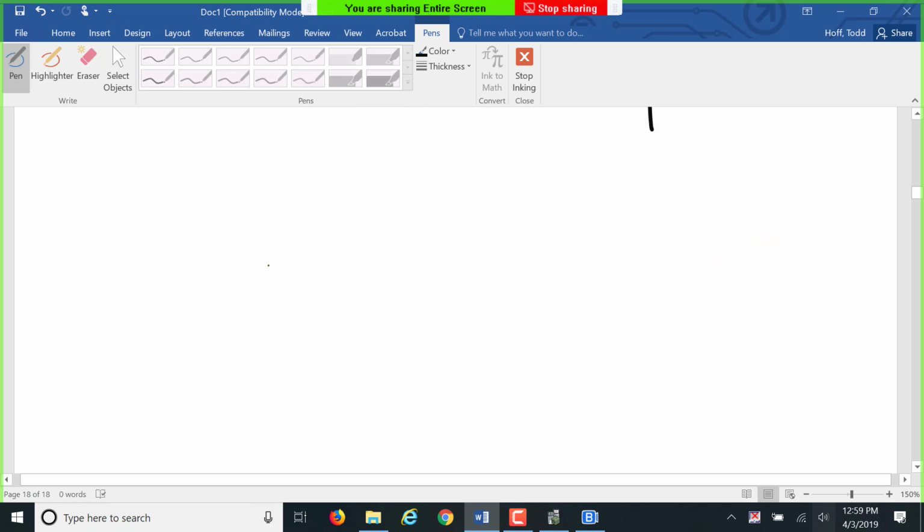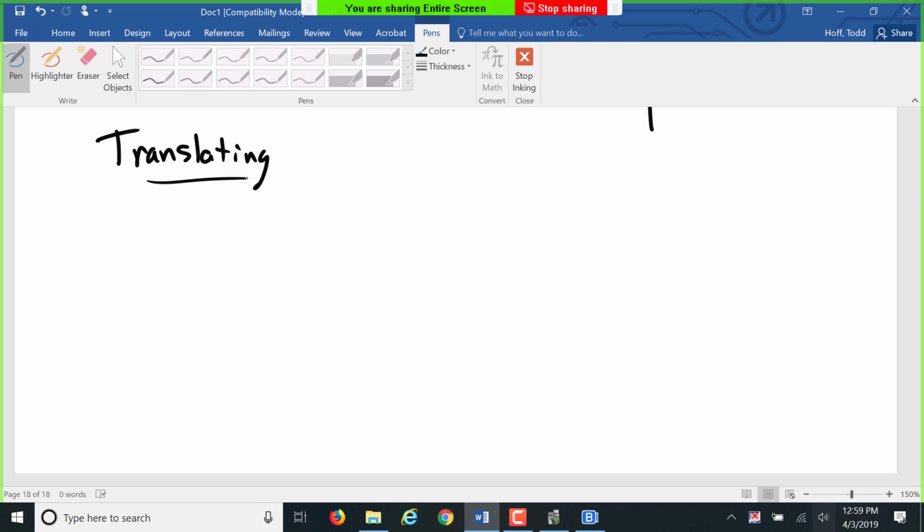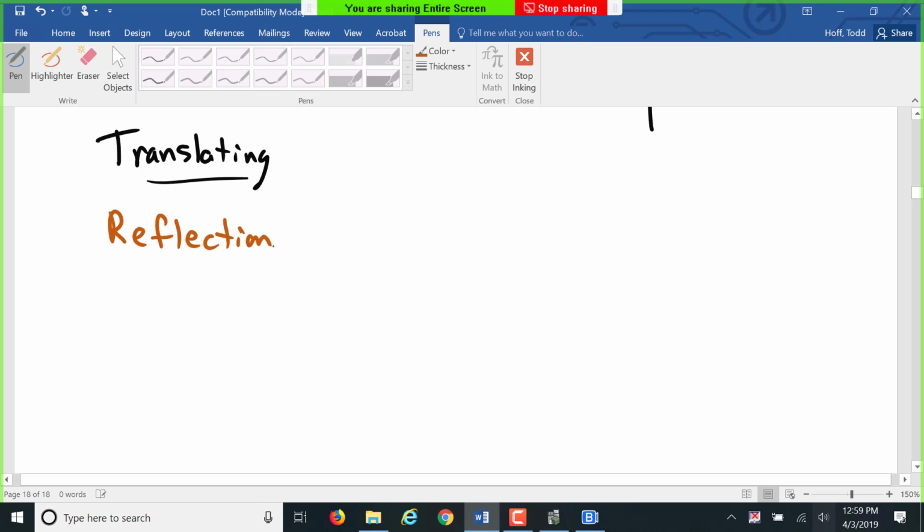Each of these graphs can be affected in other ways. That's called translating the graph, or translating the origin in this case for these graphs, by moving it over and up, or down, of course, horizontally and vertically. We can also adjust these graphs by reflections. What a reflection would be